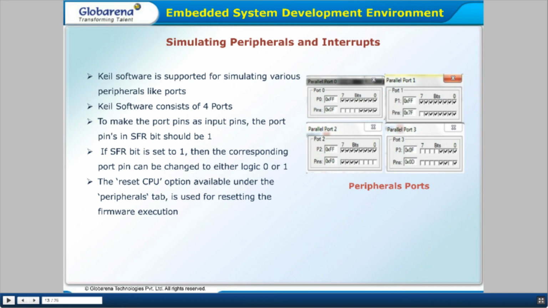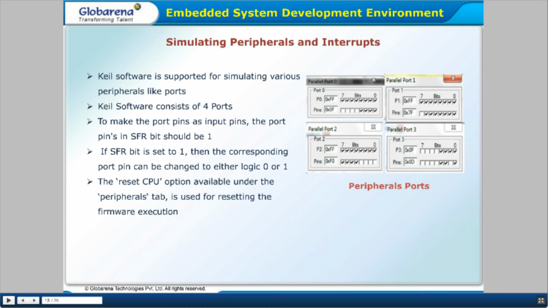These are all the peripheral ports used in the microprocessor. And the interrupts used are